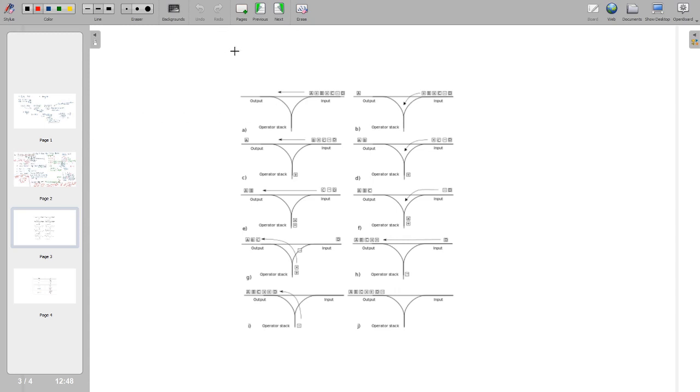This algorithm is called the shunting yard algorithm. The algorithm I explained now is called the shunting yard algorithm for converting infix expressions into postfix. Here this diagram shows how the algorithm actually works. The same thing I explained in the previous slide has been explained here diagrammatically. As for the name shunting yard, you would have seen railway shunts, how they redirect the